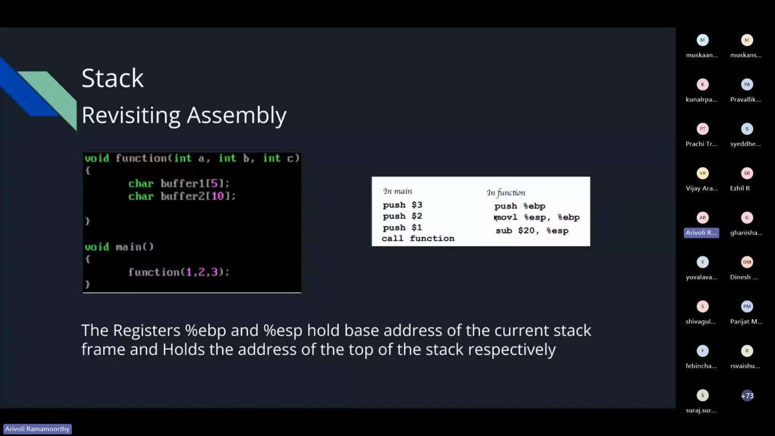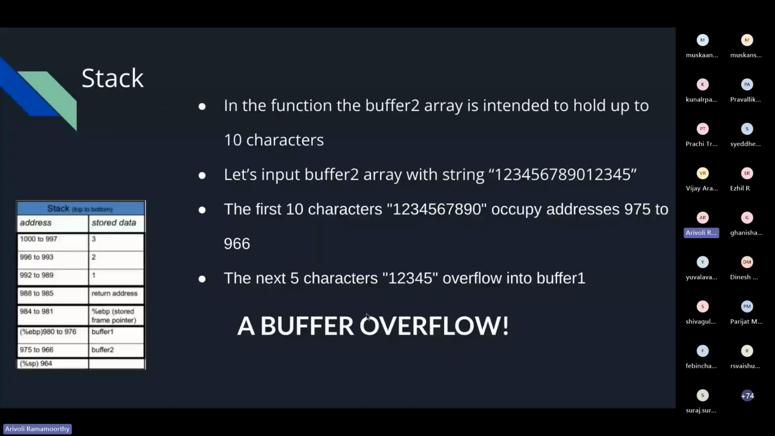I think you guys have already learned GDB. You would have seen this before. So yeah, this is one example of a buffer overflow. It's not really doing anything, but